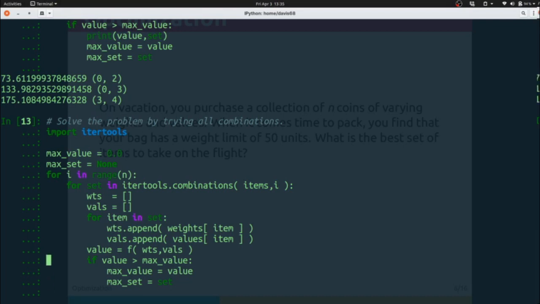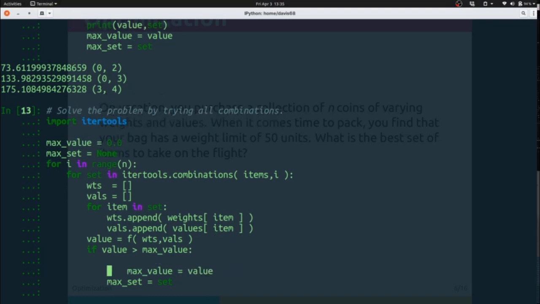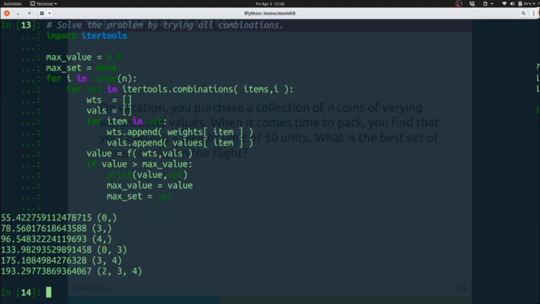That program looks like this. You'll notice that it restarts max value and max set at 0 and None each time through. I'm going to go ahead and add that print statement back in where we're printing value and set. It's useful for us to be able to see that each time through. So here we do for i in range n, so it checks sets of 1 coin, then it checks all the pairs, then all the trios, then all the sets of 4 coins, etc. First it finds coin 0 with a value of 55, then it finds coin 3, then it finds coin 4,